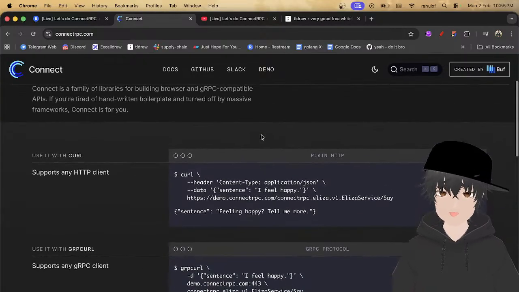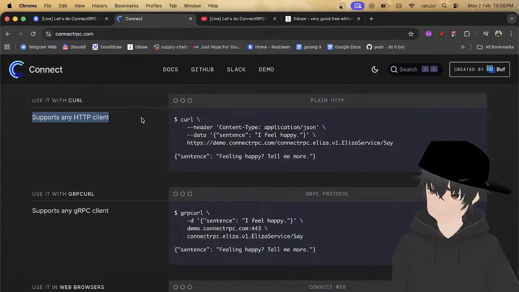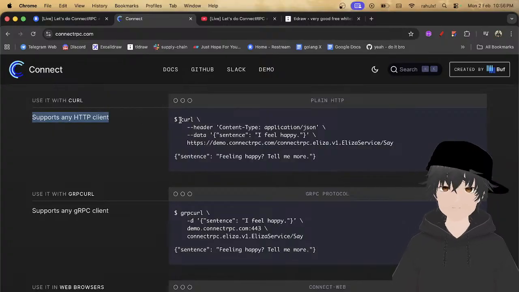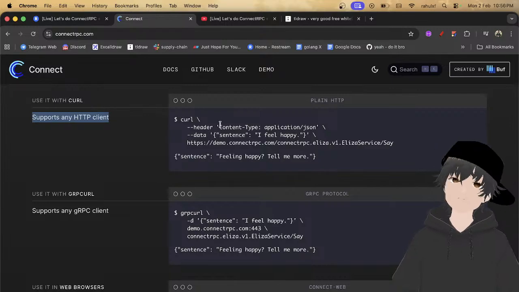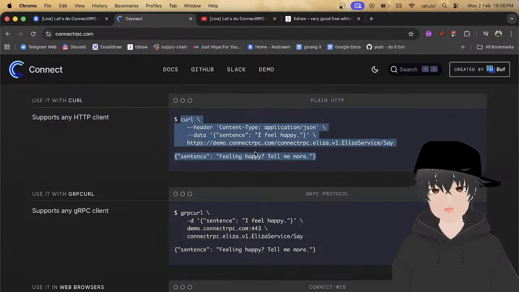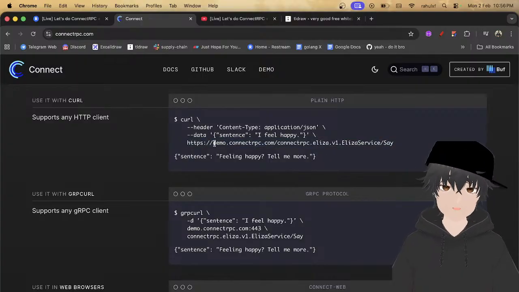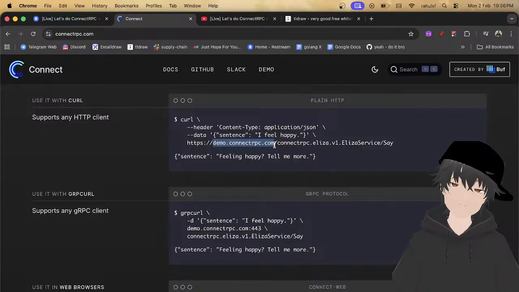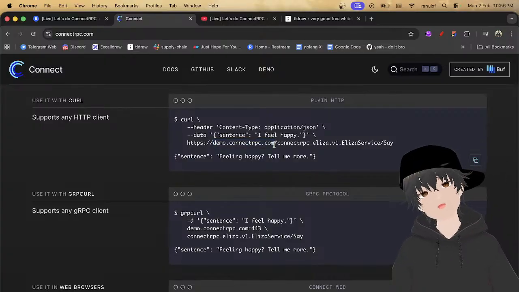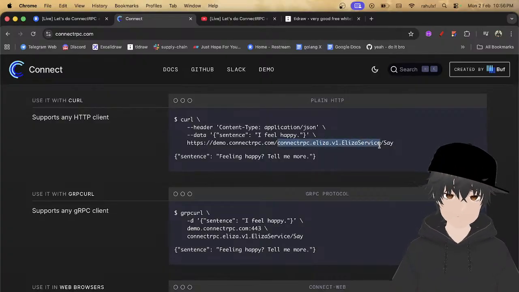So you can see here, use it with curl. It supports any HTTP client. So if we build this through ConnectRPC, it's about an HTTP client. You can do a curl in that way. So this one is your API, where we hosted, and this one is I think the service, if I'm not wrong.